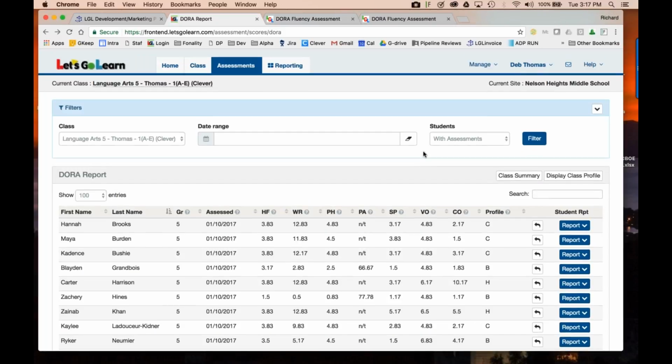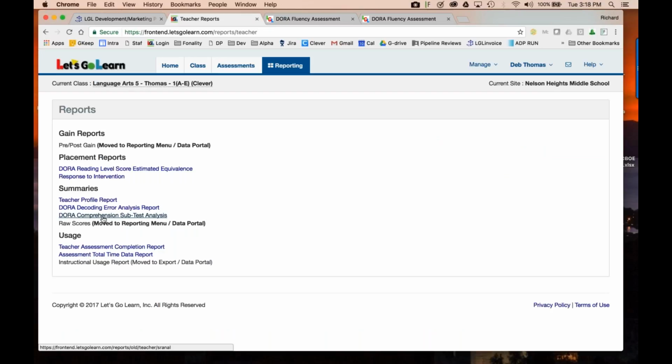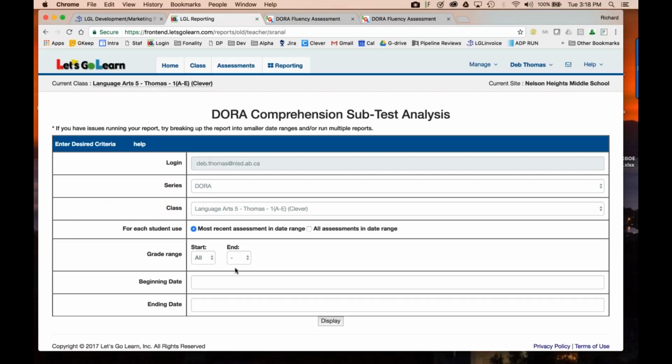Oh, and I do realize there's one thing I forgot to cover that Karen wanted me to go over. Let's say we are looking at these students and we're wondering, is this score valid? This score seems sort of low for Hannah, for second grade comprehension. So what I can do is go into reporting, teacher, and we have something called the DORA Comprehension Subtest Analysis Report. This is a very good report. This allows us to look and see how much time the student has actually taken